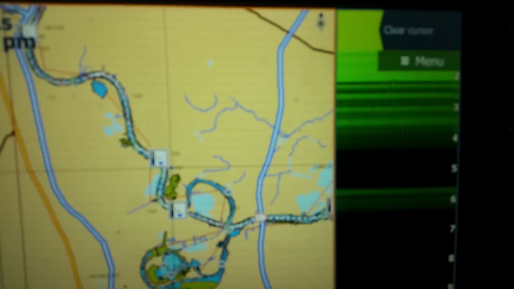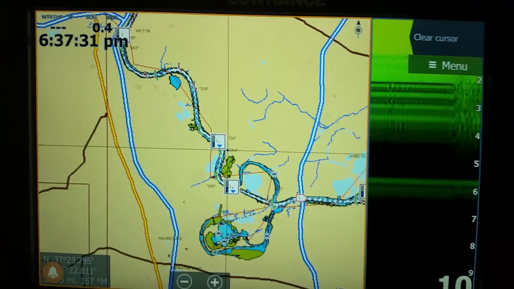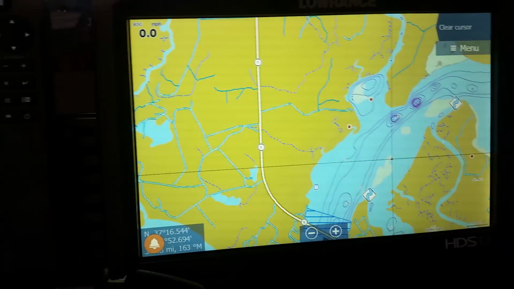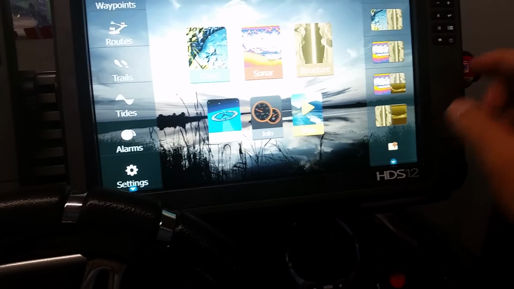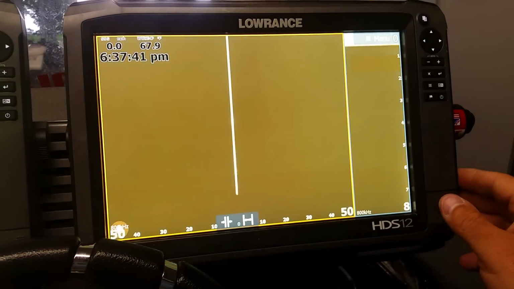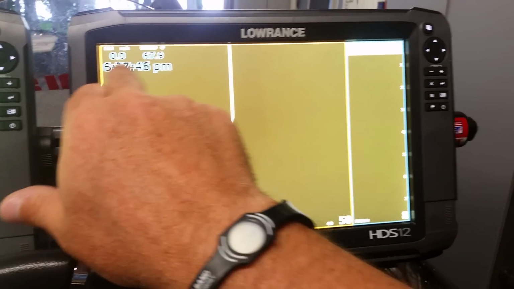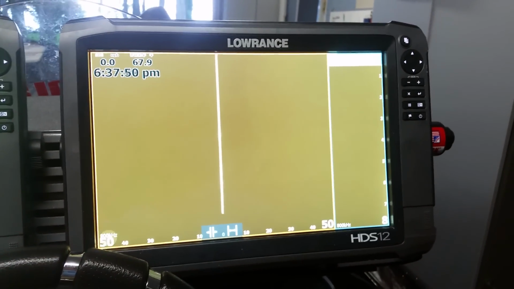Okay, I'm sitting in my boat getting ready for the James River tournament, and I've deleted and purged my Gen 3s. Usually I use this one for side scan, so I would be having a screen similar to that one. And then I set my little group up here with speed and water temperature and time, pretty much the same